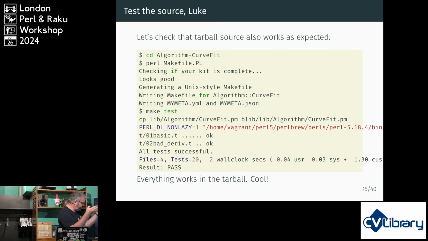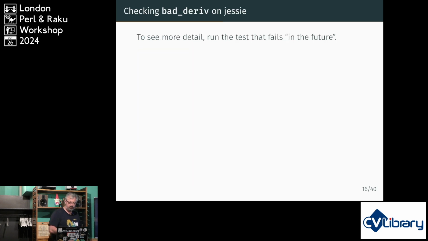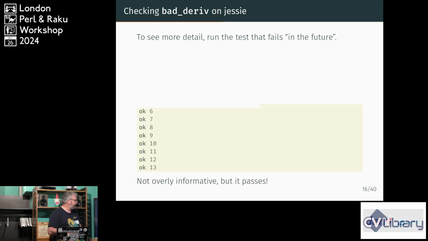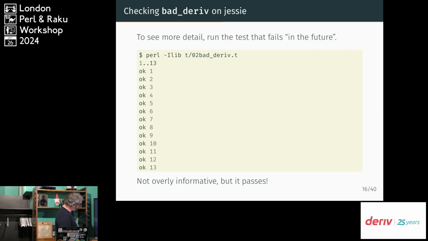We've got this running system, but we need to get down to the specifics of where the problem is occurring. Okay, so let's run the test that fails, so to speak, in the future and see what the output looks like. Oh, it's not overly helpful. I mean, everything's okay, but